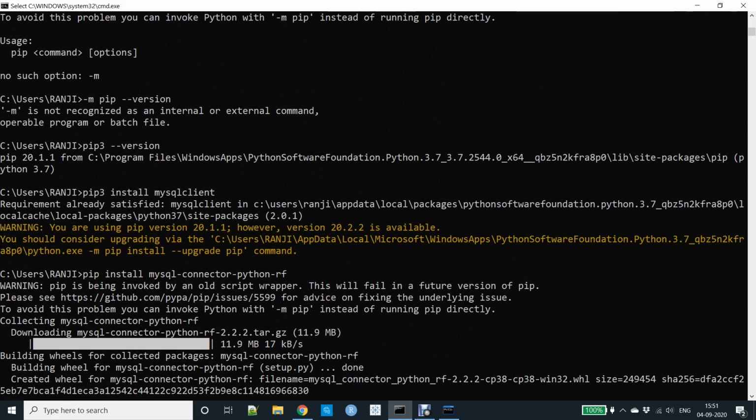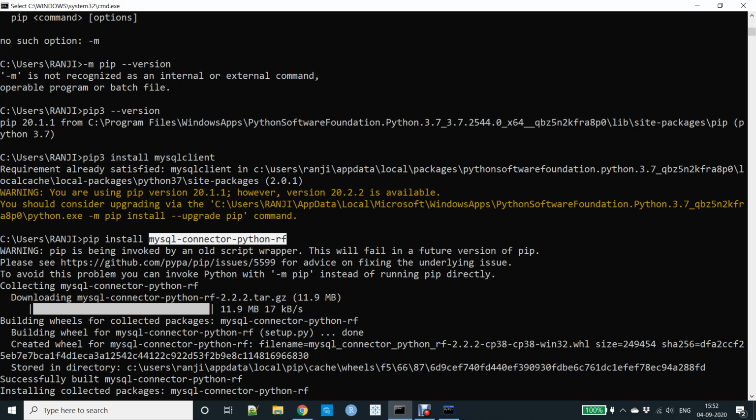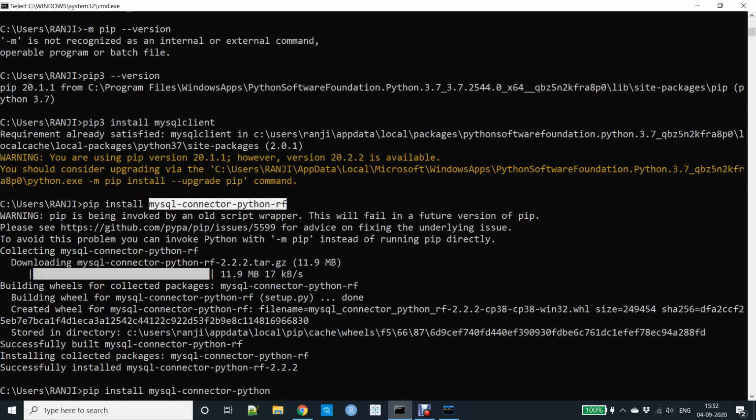Then what you need to install is the MySQL connector. There are two types of MySQL connector. One is mysql-connector-python-rf. Don't install this python-rf, because if you install it, it will install successfully like you see in my system here, but the problem is it will not execute your Python statements. Why? Because the rf version will not work with the MySQL command line client library. So whatever commands you write for a client, it will not work here.